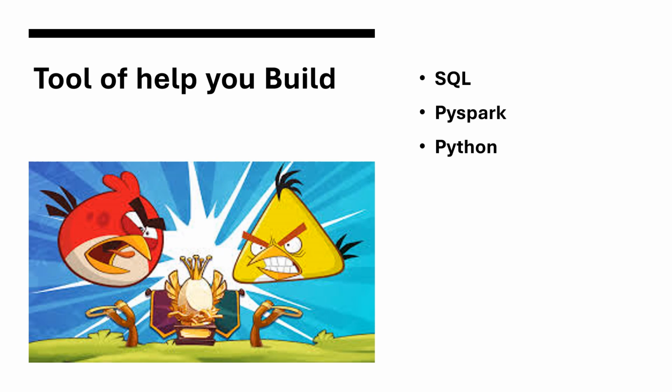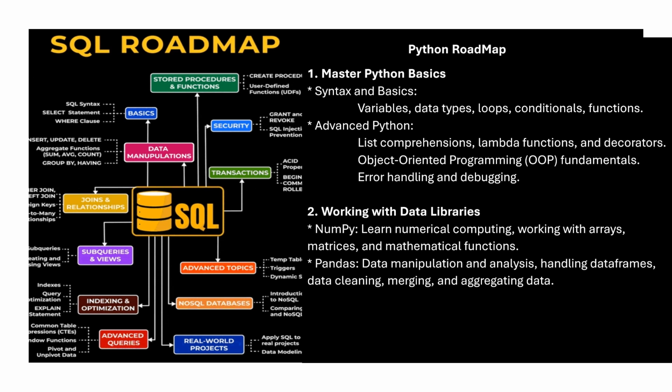After designing, and after printing on our page, to implement those architectures we need to have these three tool skills. So moving forward, this is the roadmap of SQL and Python. By following this roadmap, we can master these two tools. To get into PySpark, we need to master that also. We will be discussing that in future.